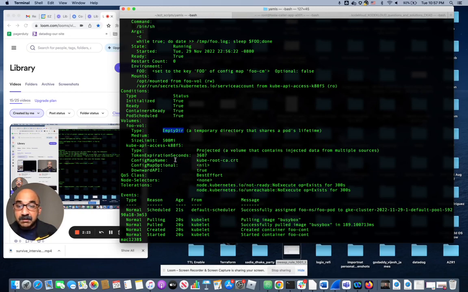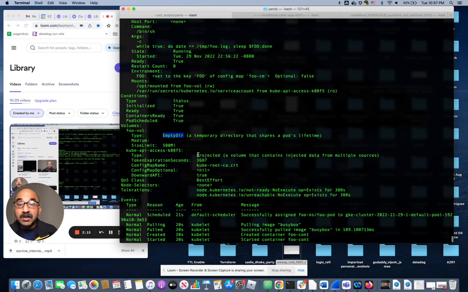And I don't see the mount point for that. Anyway, so it looks like, oh, there it is, opt mounts, op.dat mounted. It also mounted a secret, by the way. This is by default. Every pod actually uses a secret to authenticate with the API server that comes as default